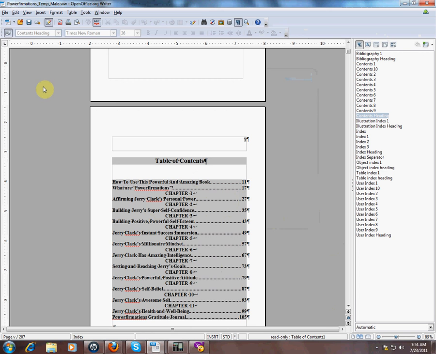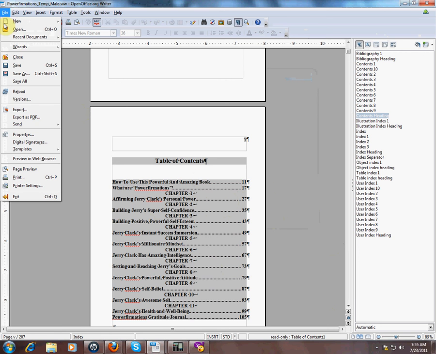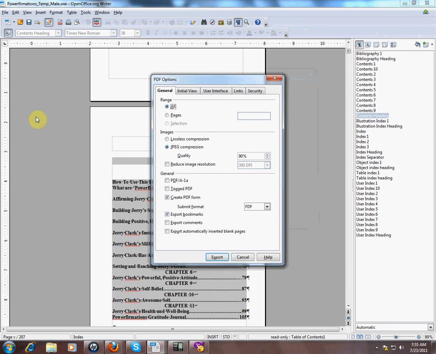Now the next thing I'm going to do, we're done now. We're done. The next thing I'm going to do is I'm going to go to File, and I'm going to go down here to this choice, Export as a PDF. So I'm going to click there, leave everything here the same, just do export right there,